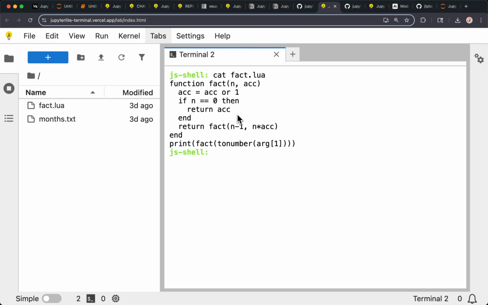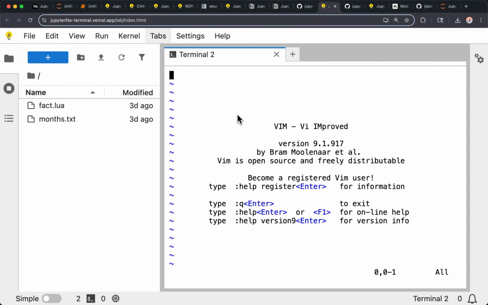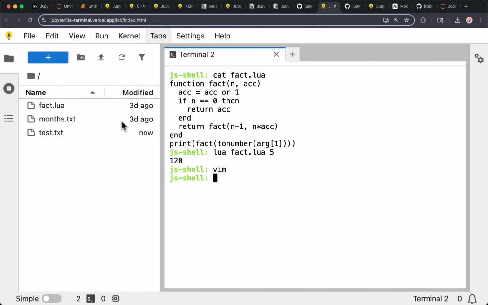can cat the files, and you can even run Lua, for example, because Lua is pre-installed as an example for this deployment. And even crazier, for people who like Vim, you can even run Vim in the terminal, in the browser, in Jupyter-Lite. People complain sometimes because they don't have their favorite tools, but we're working on bringing them all into the browser. And the cool thing is that it also syncs with the file browser here on the left.